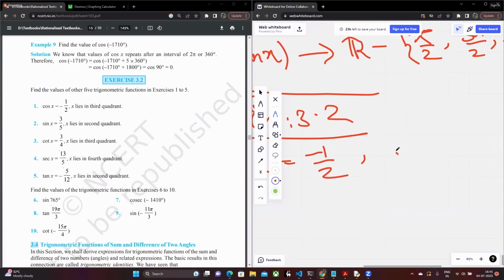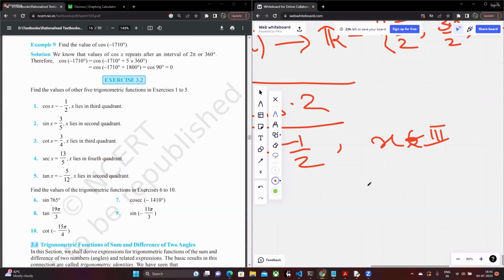Minus 1 by 2, and x belongs to the third quadrant. I'm writing this colloquially. You can't write x belongs to 3 without specifying what this 3 is. This is just a way for me to keep track of things. Write that x belongs to the third quadrant if you want to,